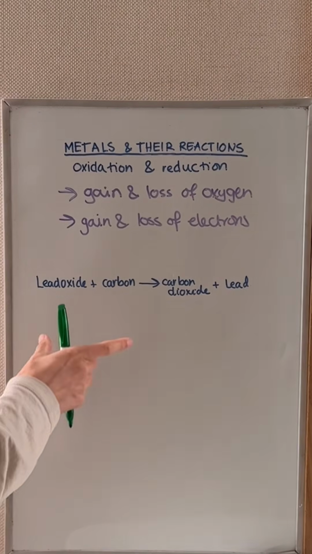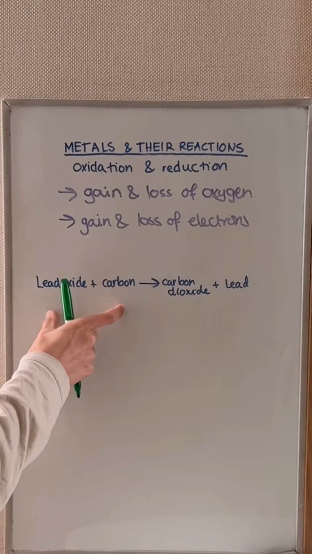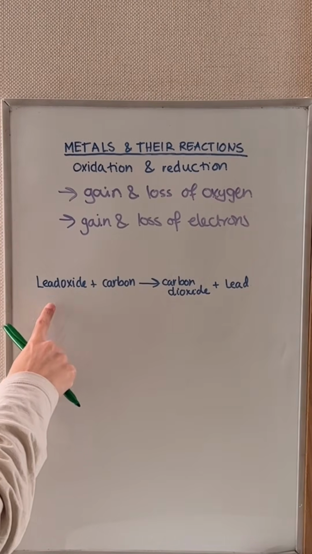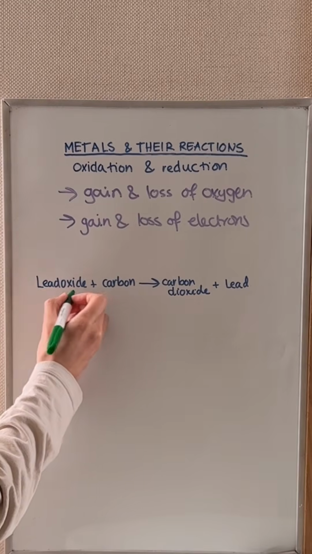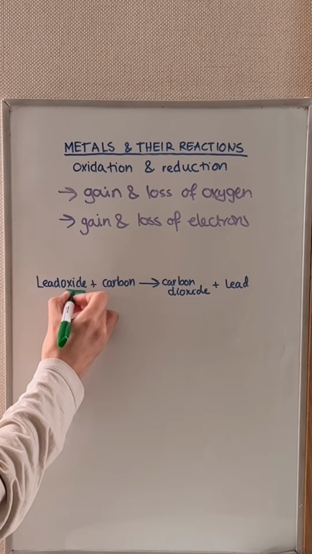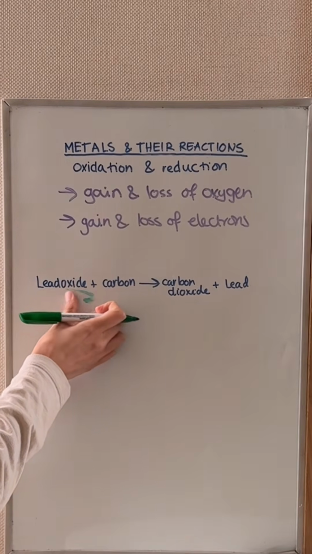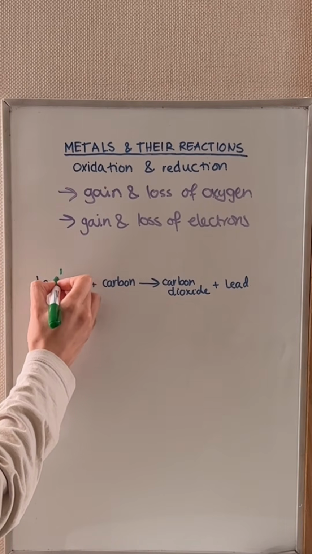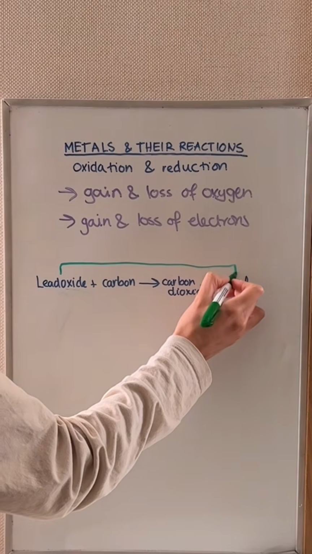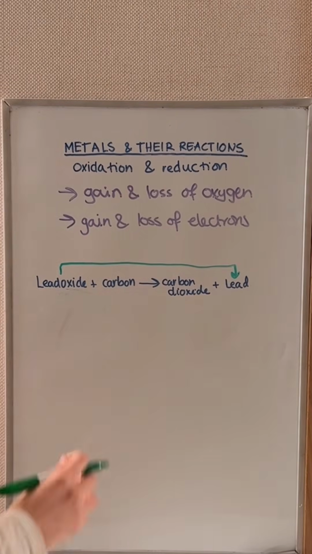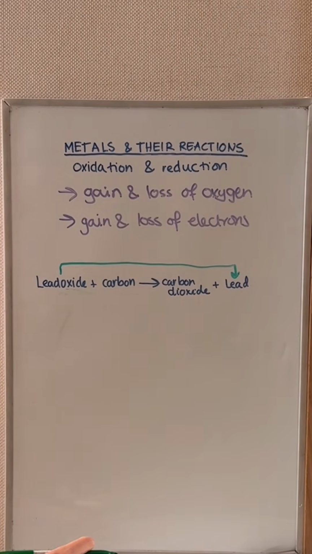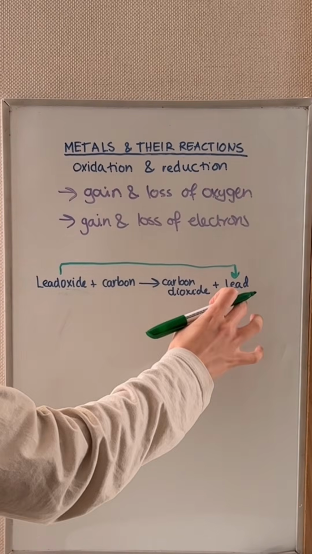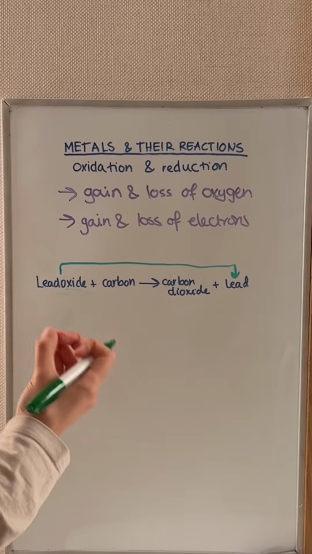So we want to have a look at what's happening to the reactants and how they change as they go into products. So I'm just going to start off with lead oxide. You started off with lead oxide, and remember, oxide refers to the presence of oxygen. So this substance has oxygen already and as products, it ends up losing the oxygen to have the lead. So in this case, lead oxide has lost oxygen to become lead,